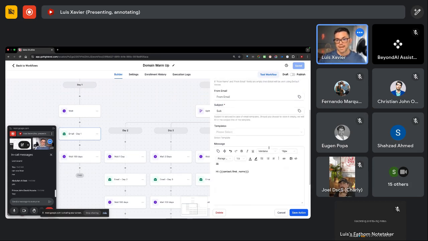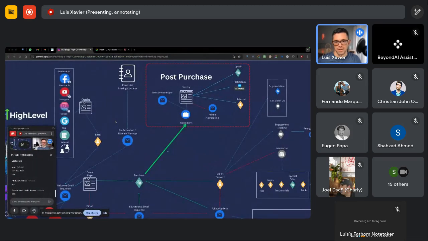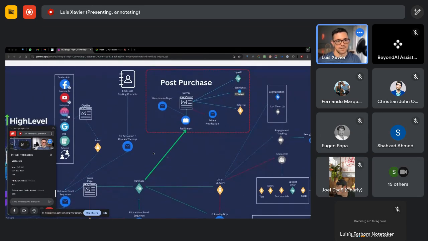So in here, you're going to write the email, and for the people that got the secret files, you got all the templates to write those emails. So if you didn't get it, that's absolutely fine. Let me know in the comments.